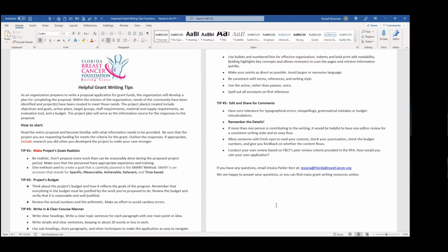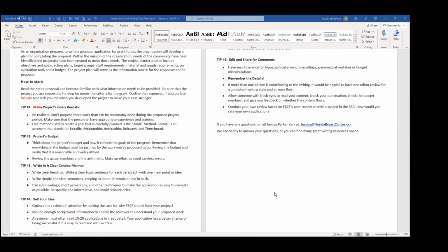So basically you want to be specific. Those are the who, what, where, when, how. The goal, of course, is going to be something that aligns with our priorities. If you look at our priority areas, which is why you're applying for one of our grants, you will see, educate women and men in the areas that they need to become proactive advocates, and down the list. So make sure that your project aligns with our priorities, because that's going to get a better score